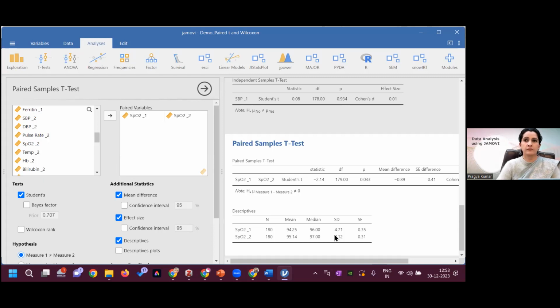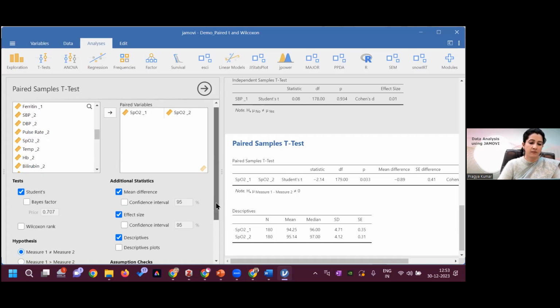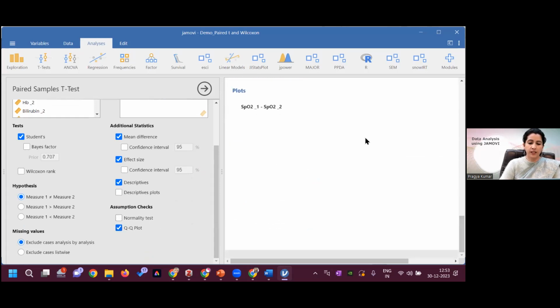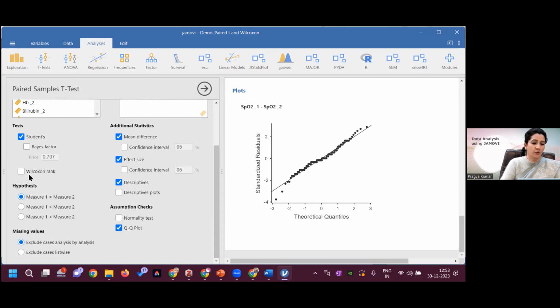So Wilcoxon is again the same, if it is not normally distributed. If you see the QQ plot, this SpO2 is normally distributed. But for other variables, like I have shown with LDH and SgO2, the QQ plot was not normally distributed, that means these data points are not along the diagonal line. That's why we can say that this is not normally distributed, and then you will go for the Wilcoxon